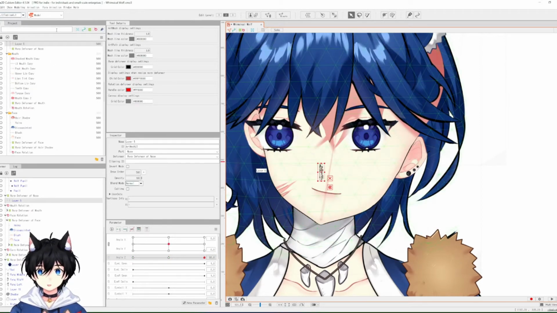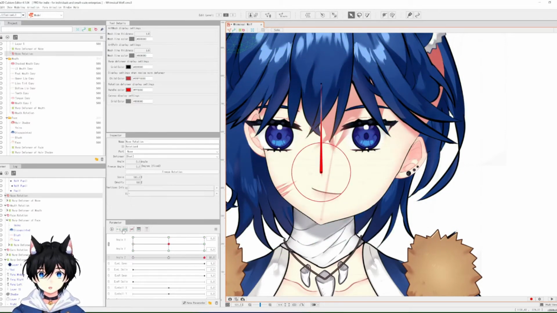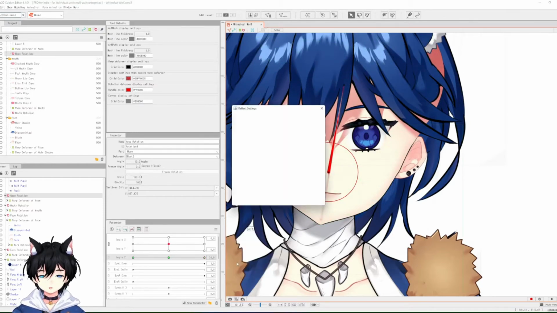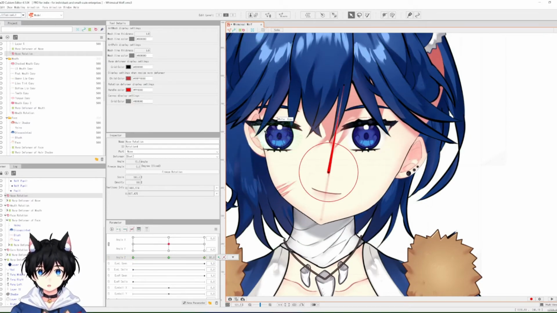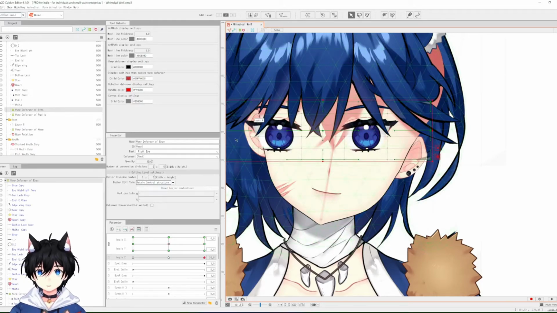For the nose, pop deformer, rotation. It's already in the center, so I don't need to do anything. Click 3 keyframes, 10 degrees. Move the part that you want, which is here, and then reflect motion. Boom, there you go. Eyes thing, which is the easiest part and it's probably my favorite